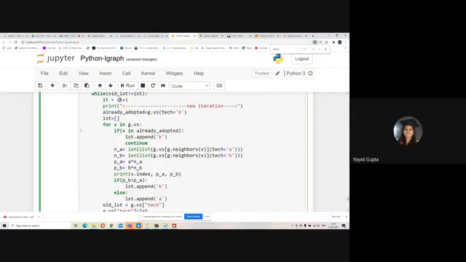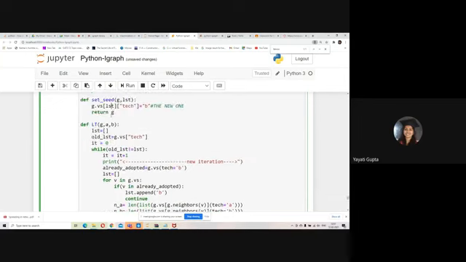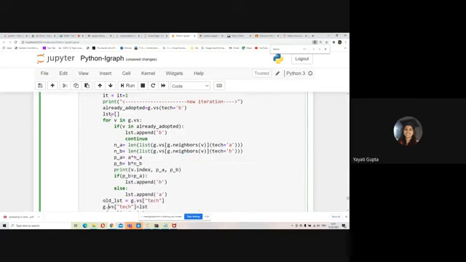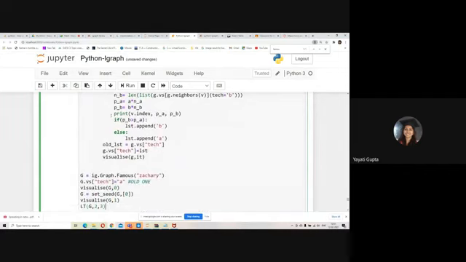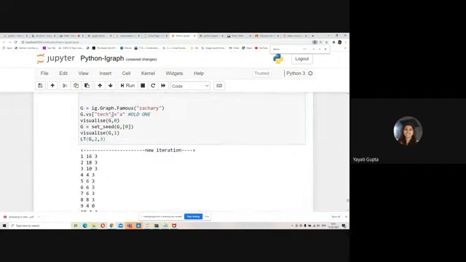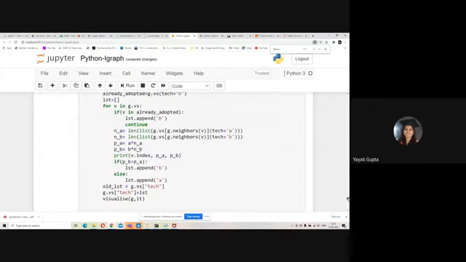I think now it is complete in itself. Let's just execute it. Still it goes up to 2 iterations here. Actually, let's delete all of these and run it again.